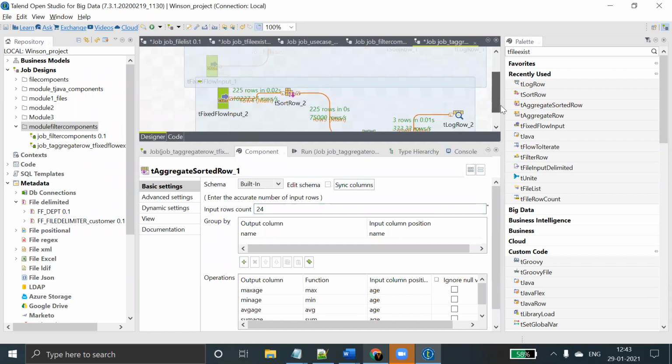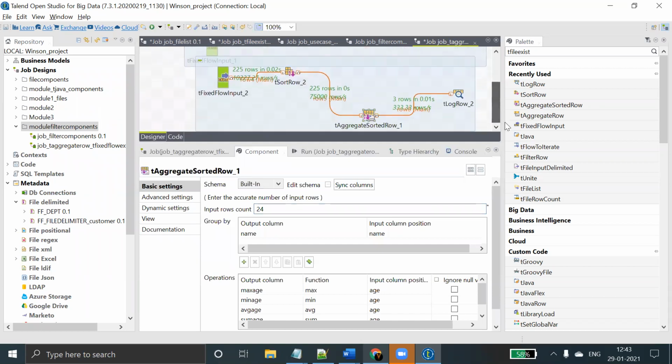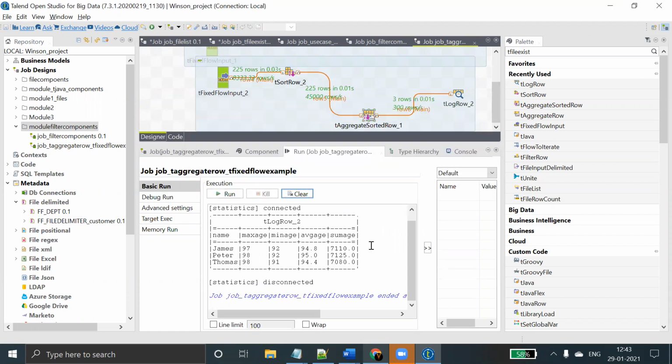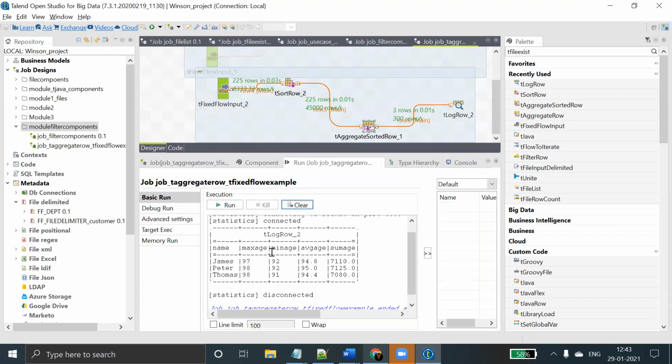You have 225 records, 225 rows, okay. Now it has come correct, because in the earlier case we gave the wrong number, so the data did not come properly. Now you can see James, Peter and Thomas.